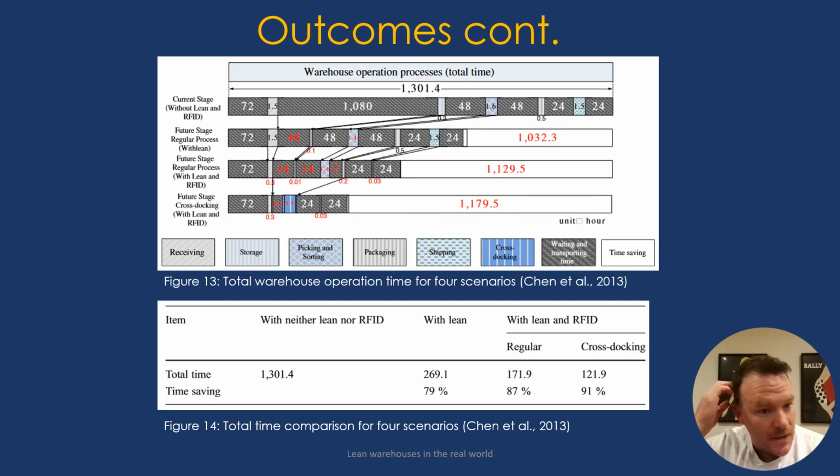And the total time comparison for the 4 scenarios, this graph here at the top will show the 4 scenarios: without the lean process, with a lean process, lean with RFID, and also with cross-docking that incorporates the lean process and RFID. I won't go through those numbers. Those numbers are there, but the graph below in Figure 14 really paints a picture that before